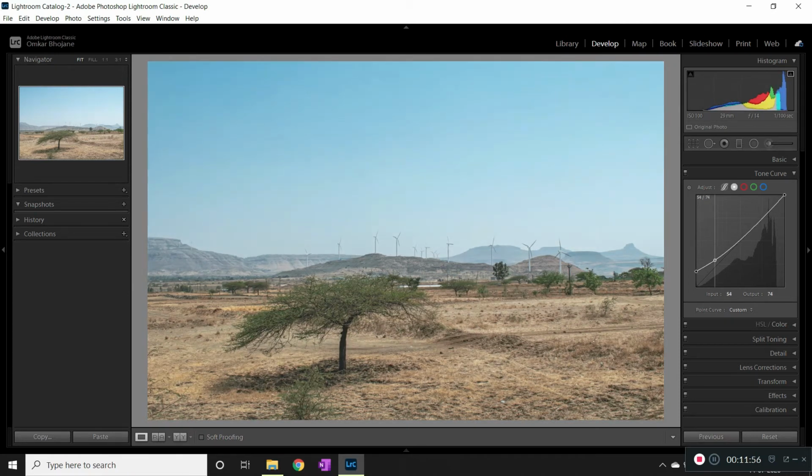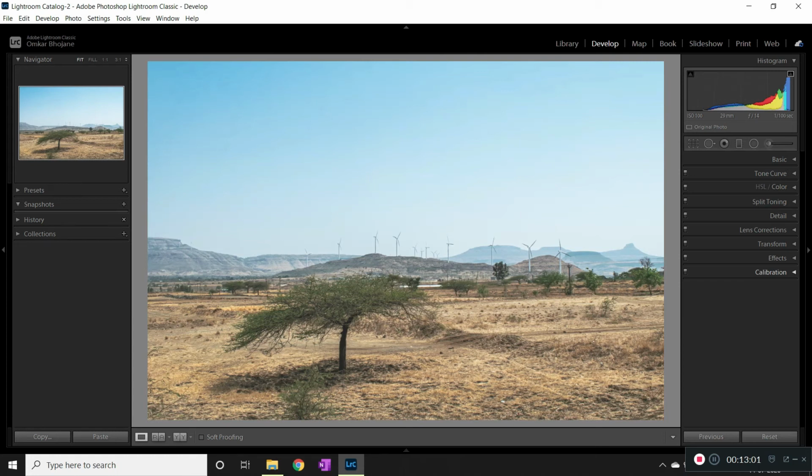I'll decrease the shadows a bit, and I'll increase the highlights over here, not too much but a bit. The mid-tones. This looks perfect. Look at this image. I find this image so beautiful.